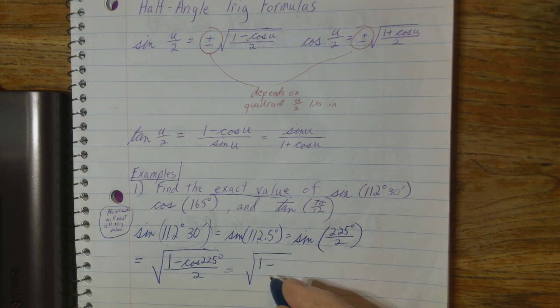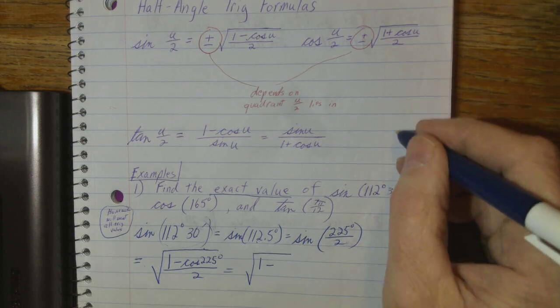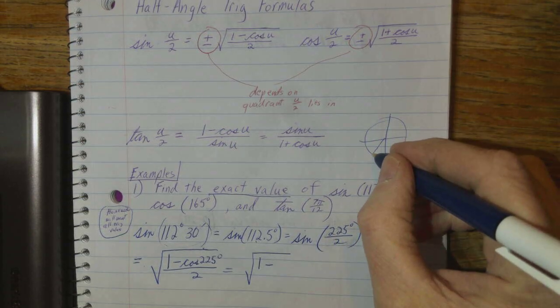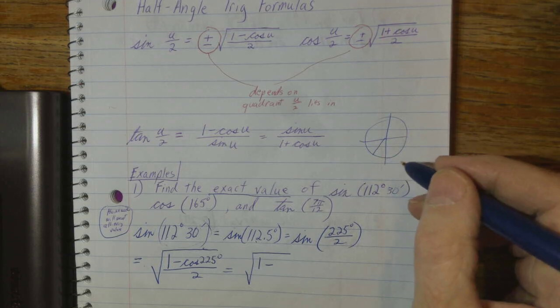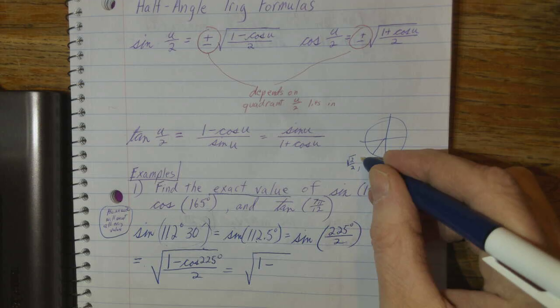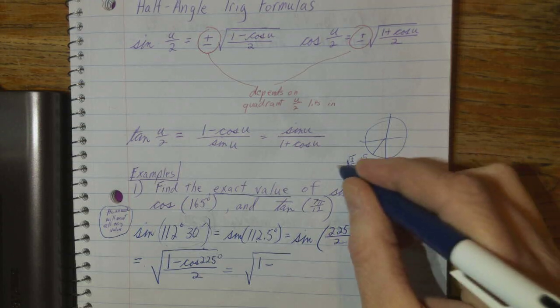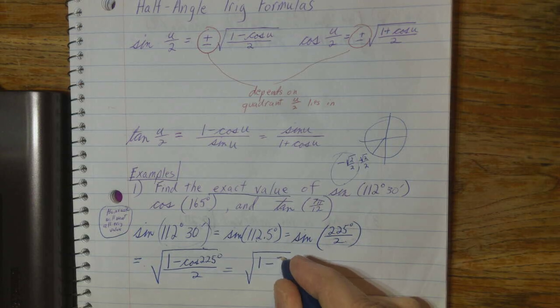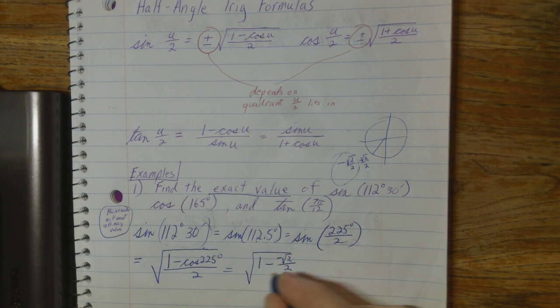and that's 1 minus, now 225. Let's take a look at 225 real quick. There's 1/8. That's the half mark in the third quadrant. That is the square root of 2 over 2, square root of 2 over 2, and they're both negative. So the cosine is negative square root of 2 over 2, and then we still have this part that's over